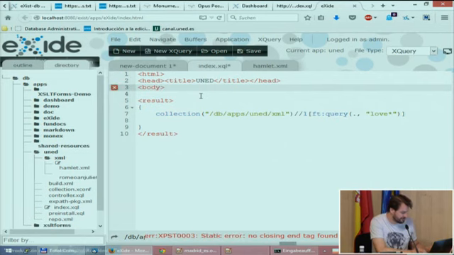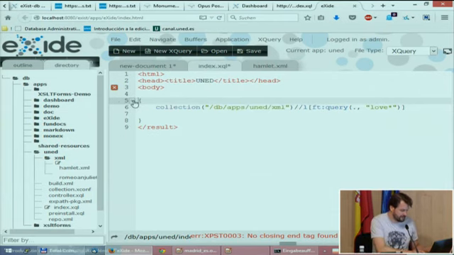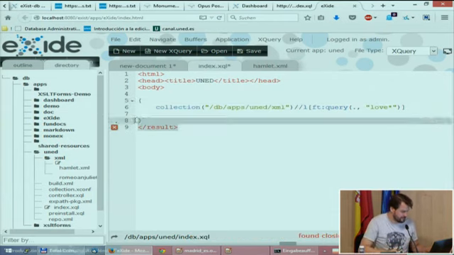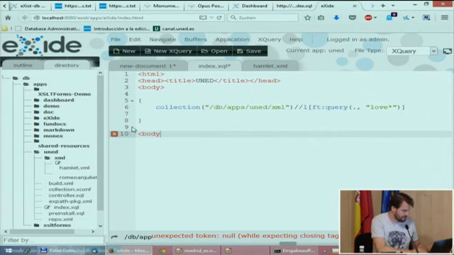That is the text you can see inside, and in the body we will write our list,